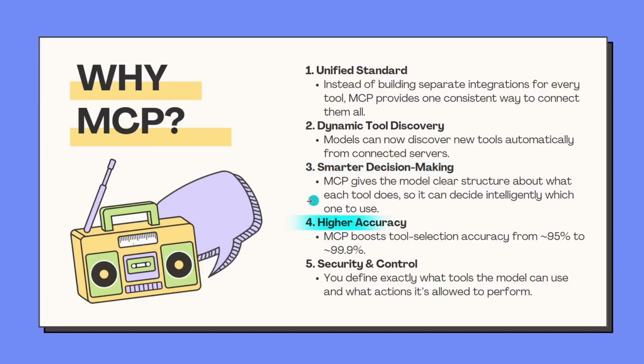So then, the next point is higher accuracy. MCP boosts tool selection accuracy from 95% to 99.9%. So this is the point. When we use our AI agent with the prompt, it can actually make mistakes. And when we have huge enterprises, huge projects and so on, we would like to have the highest accuracy. Because what would happen if, let's say, your specific AI agent, instead of just sending an email, just deleted some email? Of course, the probability of that is only around 5%. However, still, if you think of using your AI agent for very professional use cases,